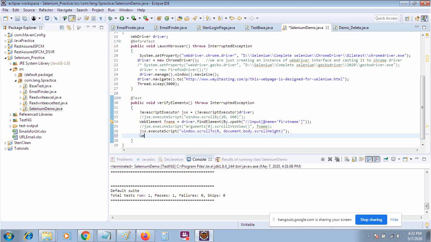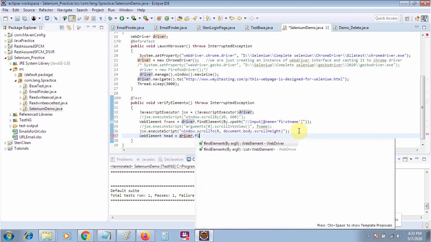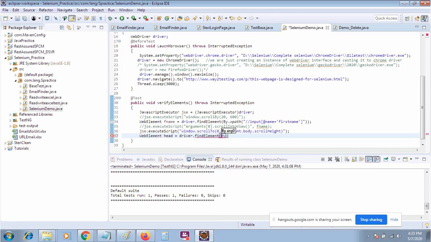So this time I will locate my header like this, driver dot find element by tag name, and tag name will be header. Okay, so now my element is header.